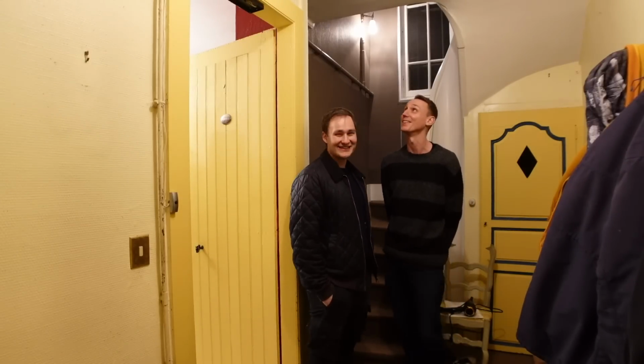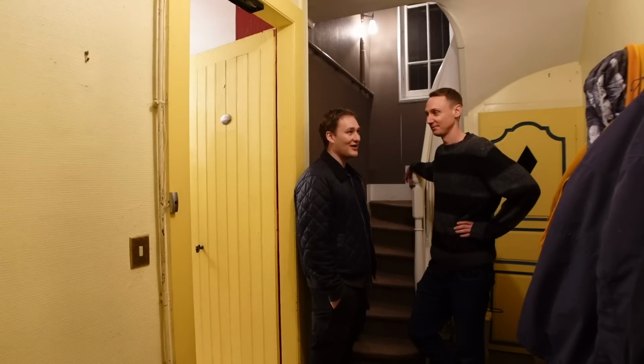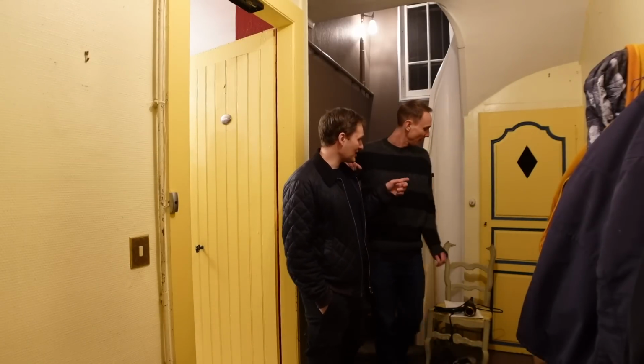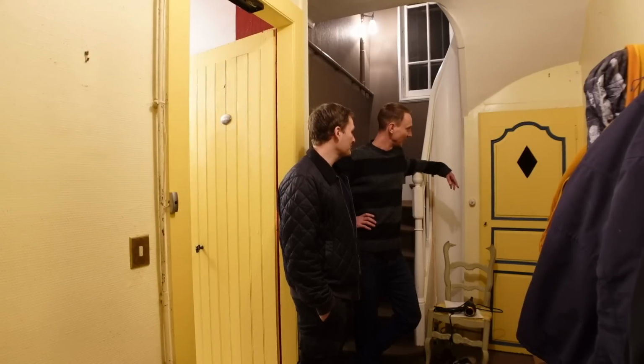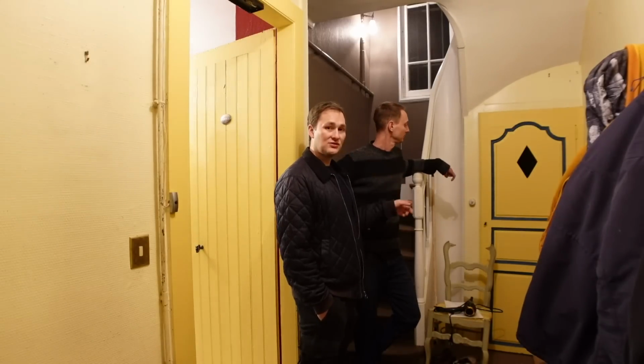Nothing in here for a long time. Yeah, this will stay the same for a while, but it's a very good place for storing coats. We were thinking we might put a toilet in there at some point. It's a big cloakroom understairs storage thing. So one day, but probably 2 years' time, we don't need another toilet downstairs. Apparently there used to actually be a door there, and this was...